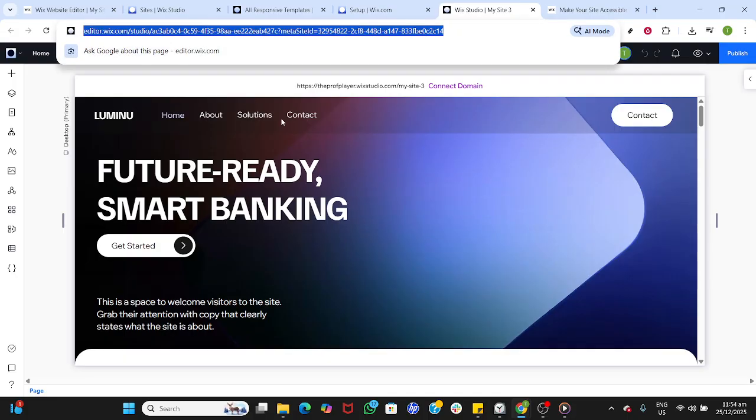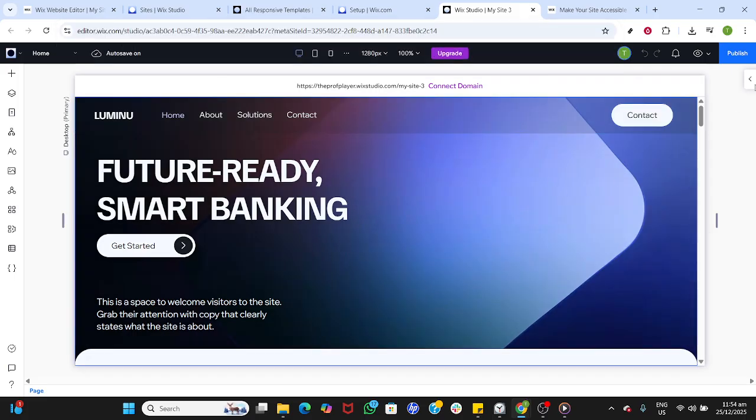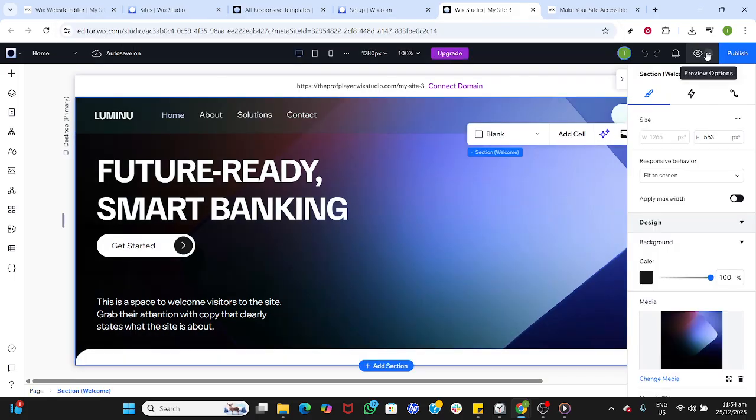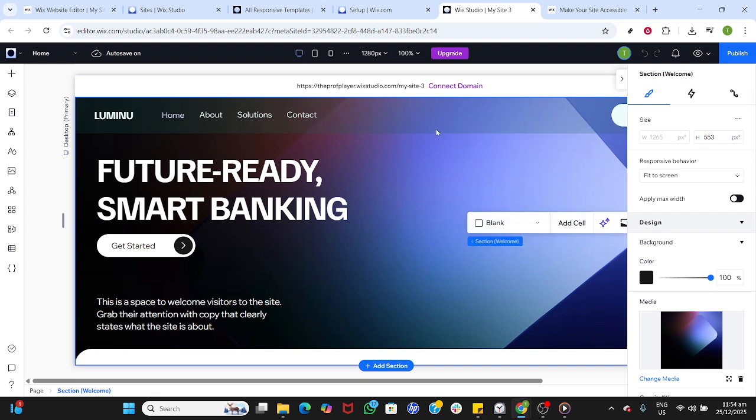A few quick tips before we wrap up. You can return to the editor anytime to refine your design and republish. The free Wix Studio domain is great for testing and sharing. And if you ever want a custom .com without platform branding, you can upgrade later and connect